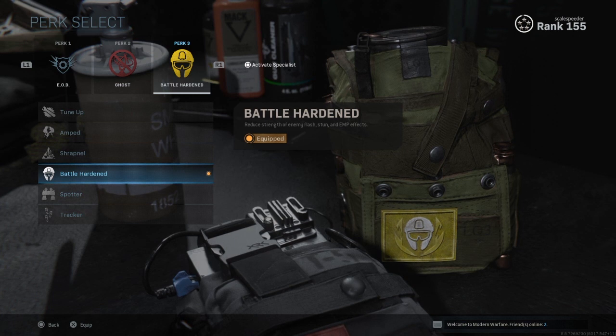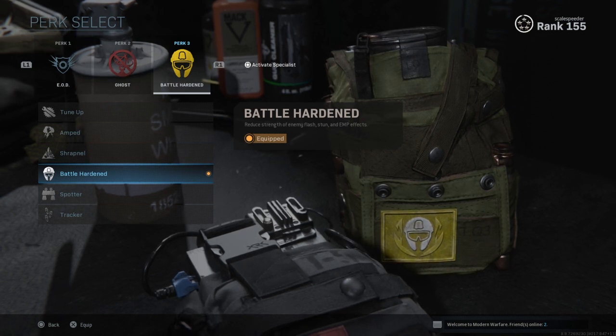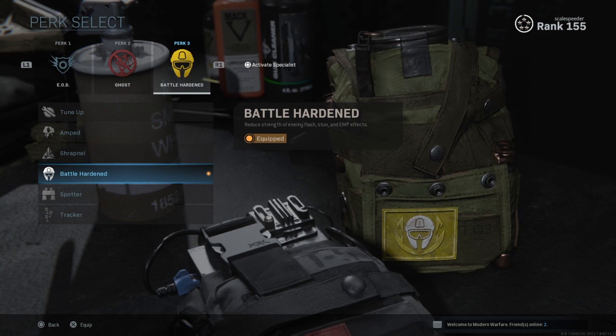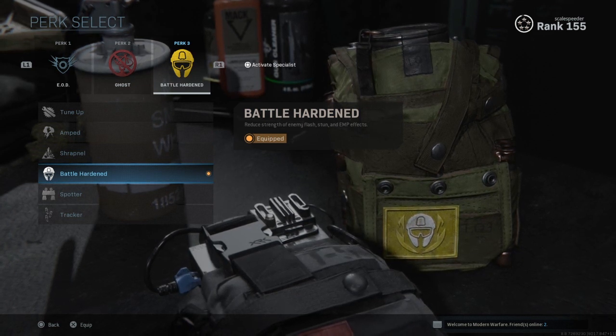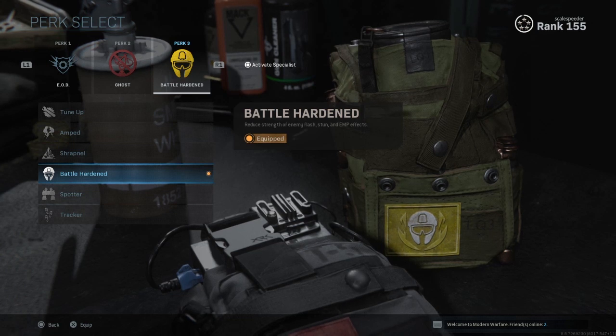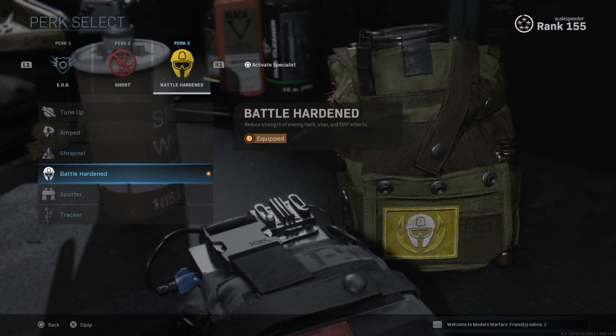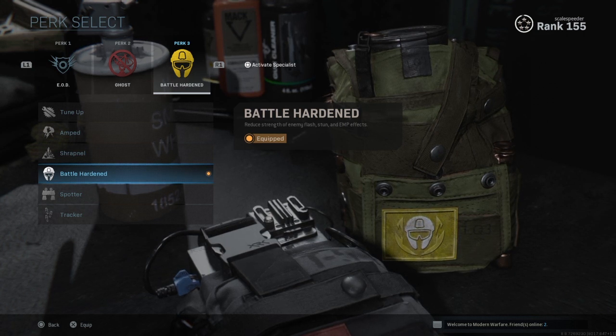Battle Hardened. Now, what this perk does is it reduces the strength of enemy flashes and stuns. And if you're playing an objective-based mode like Kill Confirmed or Domination, you're going to be on a flag, and not only is the enemy going to be throwing stuns and flashes at you, your teammates are going to be lobbing them around as well. And that extra second or so you get with Battle Hardened, when you can recover and you can see,